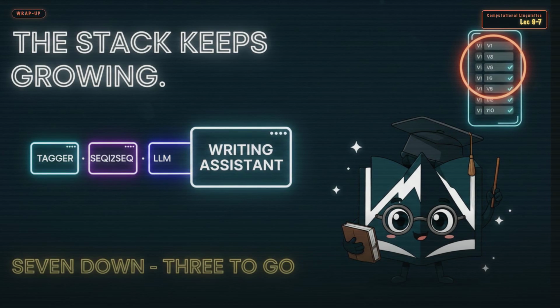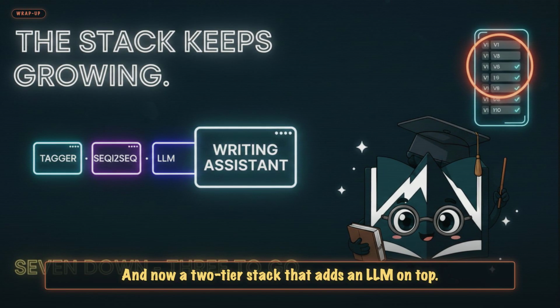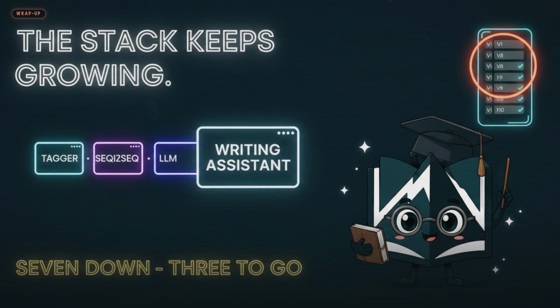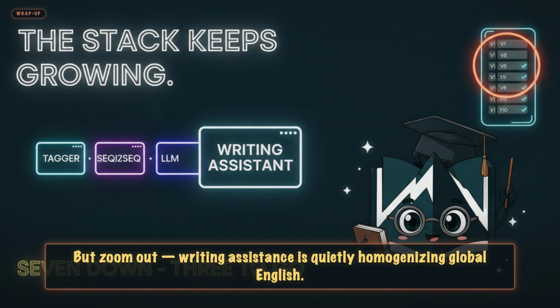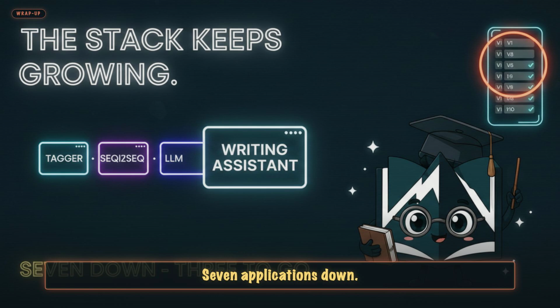Back to the puzzle. Tagging or seq2seq, both. And now a 2-tier stack that adds an LLM on top. But zoom out. Writing assistance is quietly homogenizing global English. That's a Lecture 10 conversation. 7 applications down,